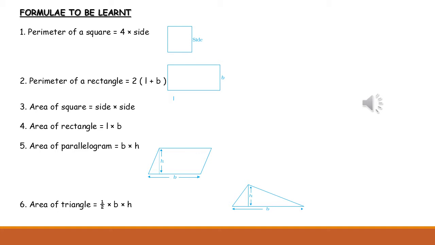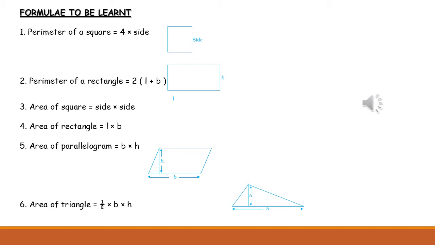Here we must mention that when we are expressing perimeter of any enclosed figure, it is actually measuring a length. So the unit will be meter, centimeter, etc. But when we are talking about area of any figure, we are multiplying length into length or side into side. So it will be meter into meter, that means meter square, or centimeter into centimeter, that is centimeter square.